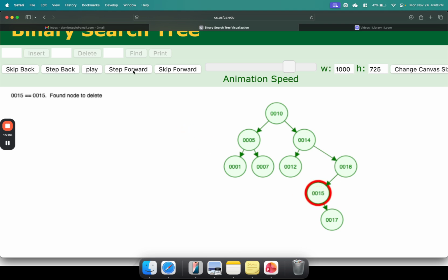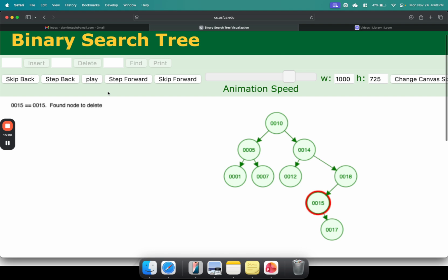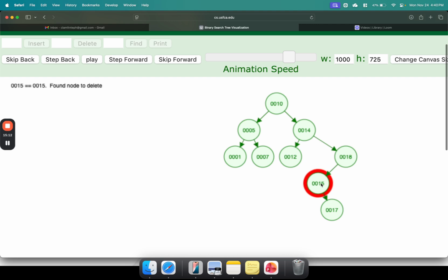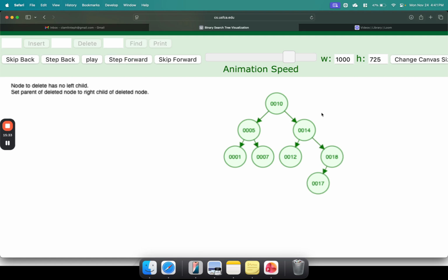So take a look here. The bad thing about this visualization is it doesn't actually show that temp variable that's deleting this element, but I have full faith you guys know what to do. So take a look at what happens. I let my 18 point to 17, so it's adopting that specific child. And now that it's been adopted, I'm free to kill the parent, or delete the parent. And that's what your tree will look like now.